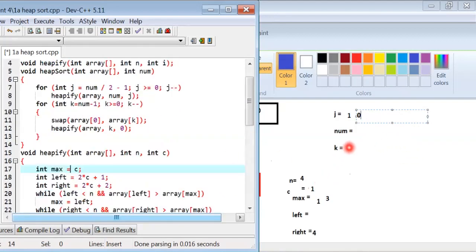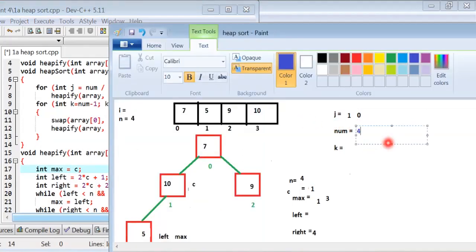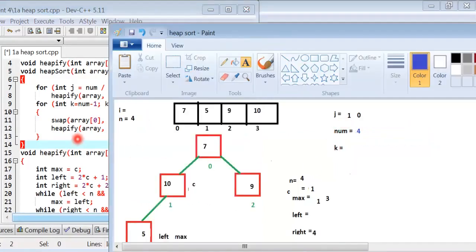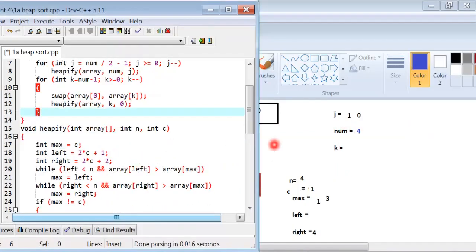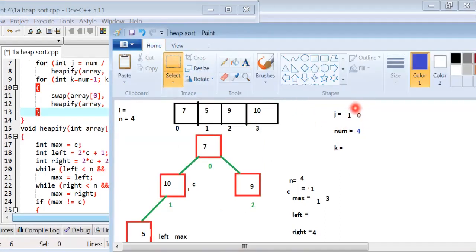Here the num value is 4, and the 4 value is inserted in n, and the j value is 0. Now the j value is 0 and the c value is 0 because the j value is inserted in c.